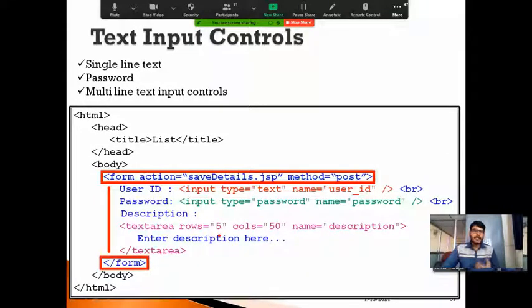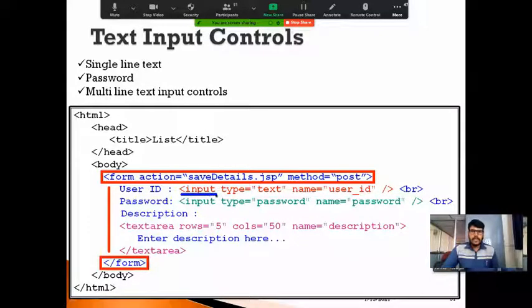So whenever I am accepting some input text from the user, at that time I need to use the input tag here. As you can observe, I'm going to use the input tag. There is a tag called input.